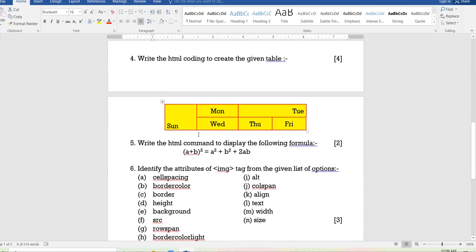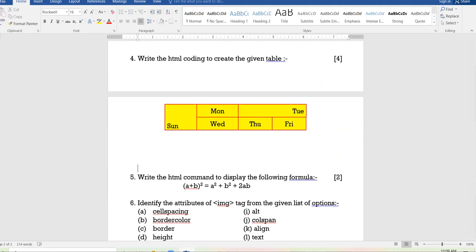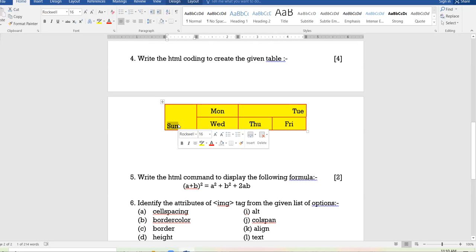Then coming to the coding part. Now in this coding part, a common mistake was that many students omit the border attribute inside the table tag, and nobody tries to set the alignment of the content of the cell Sun.